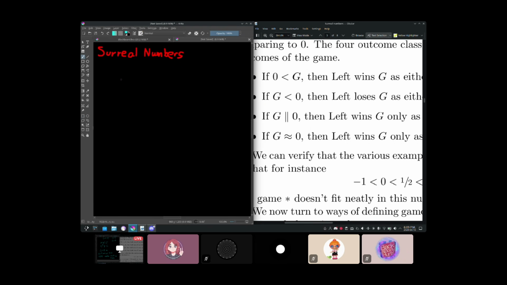So there's 4 different ways that 2 games can compare to each other. And it depends on whether you have G less or equal to H, or H less or equal to G. And basically all 4 possible combinations are possible, in fact. So what are these combinations? Let me actually write this a bit here to the left.